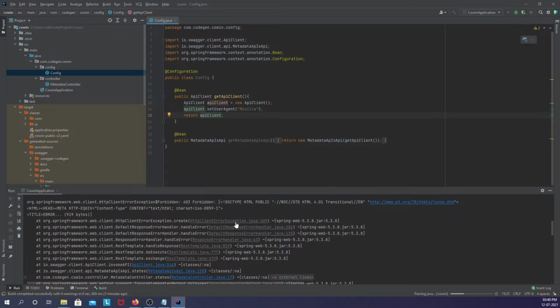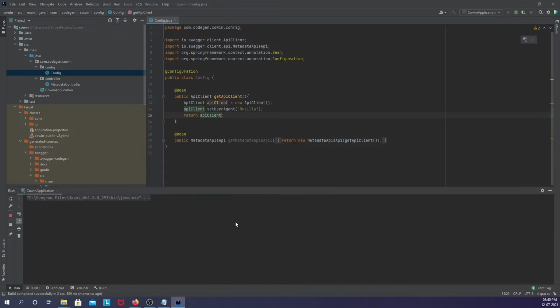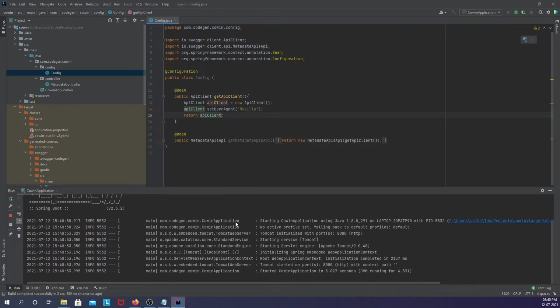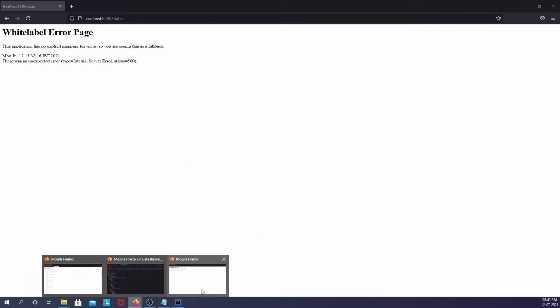Since Java SDK is used as the user agent, it looks like at the CoWIN API server level they are blocking requests from that programmatic SDK. So we have overridden that and set it to Mozilla to mimic a request coming from a Mozilla Firefox browser. The server is started.